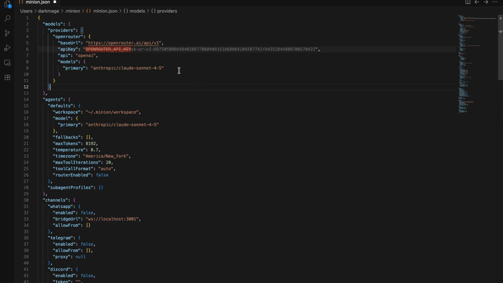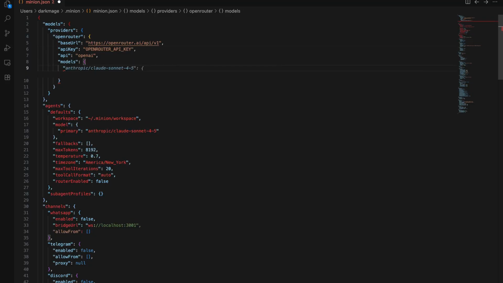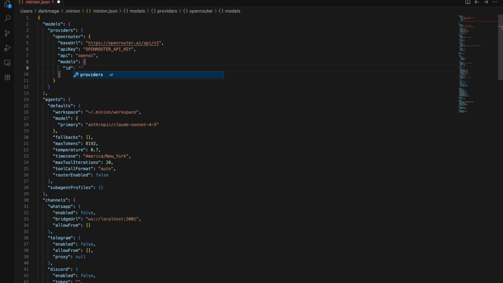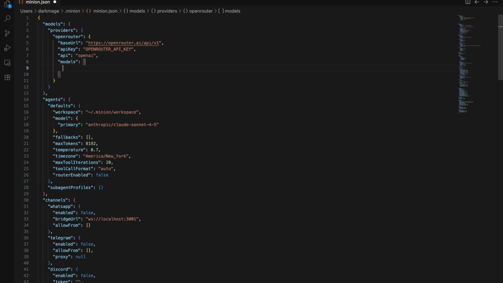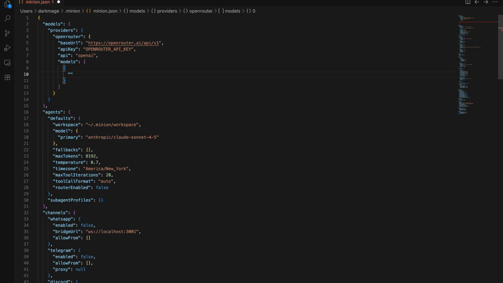What is wrong with this? So it's not going to be primary, it's going to be ID. So we're going to have ID. Okay, I think it has to be the square bracket before the curly braces. So id is going to be,